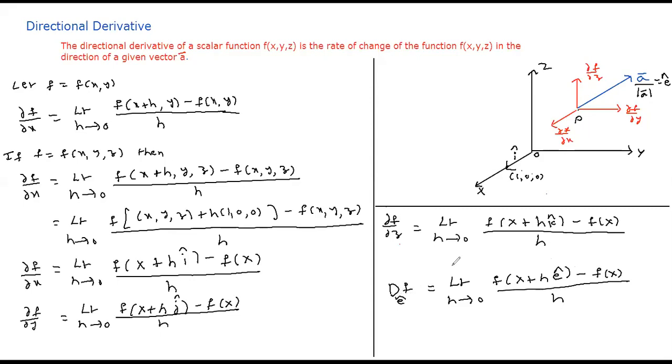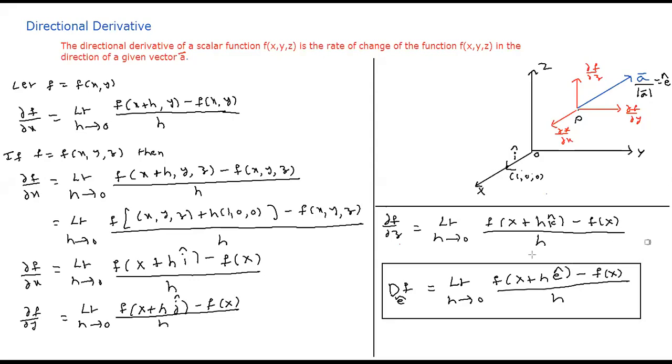So this is nothing but the directional derivative of the function in the given direction e cap. This is the notation we give. This is a formula, the limit formula for the directional derivative. If e bar is i bar, that is nothing but the partial derivative with respect to x. If e bar is j bar, that is the partial derivative with respect to y. If e bar is k bar, that is nothing but the partial derivative with respect to z. So these partial derivatives are nothing but a special case of the directional derivative. Is it not the natural way of writing the formula for the directional derivative from the partial derivatives?